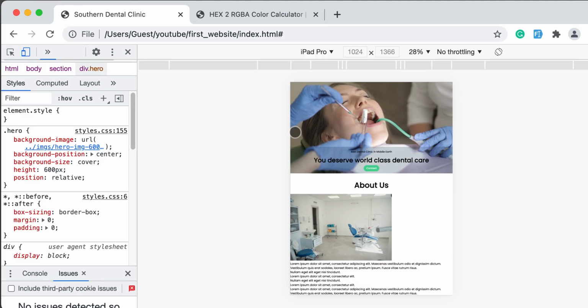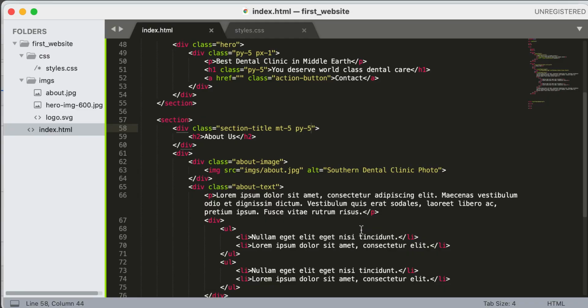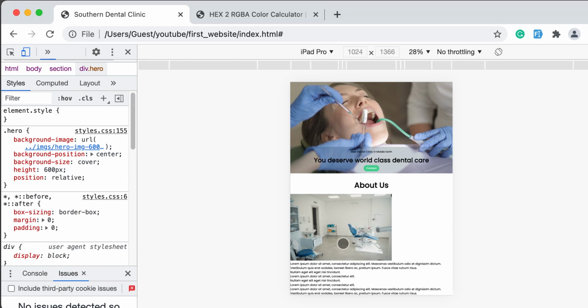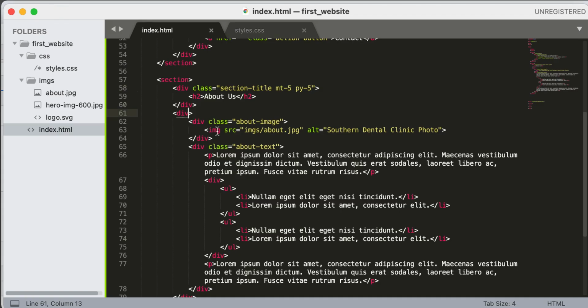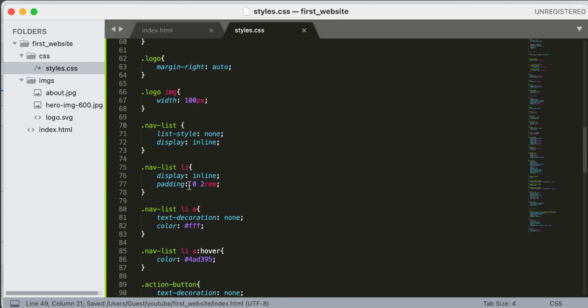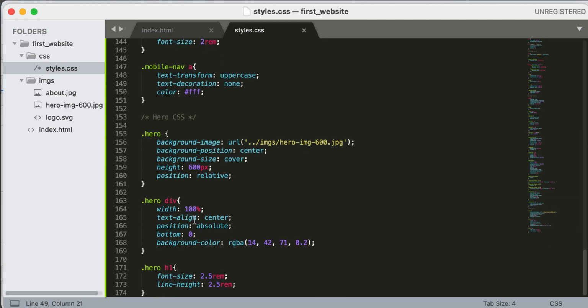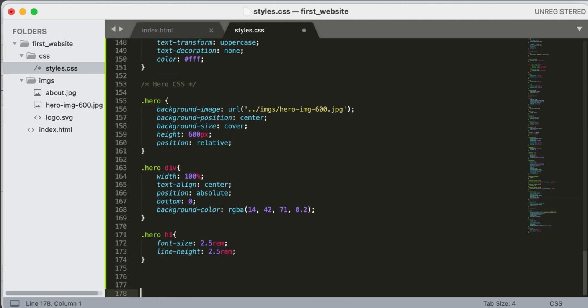Perfect. Now we've got this side by side. The next thing I want to do is that on bigger screens I want this text to be side by side. So I'm going to go here and call this, since it has to be on the bigger screen, I'm going to call it large, and then I'm going to put it flex, which means now we have to use a media query. Let's go down to this section. This is going to be a new section. Let's call it